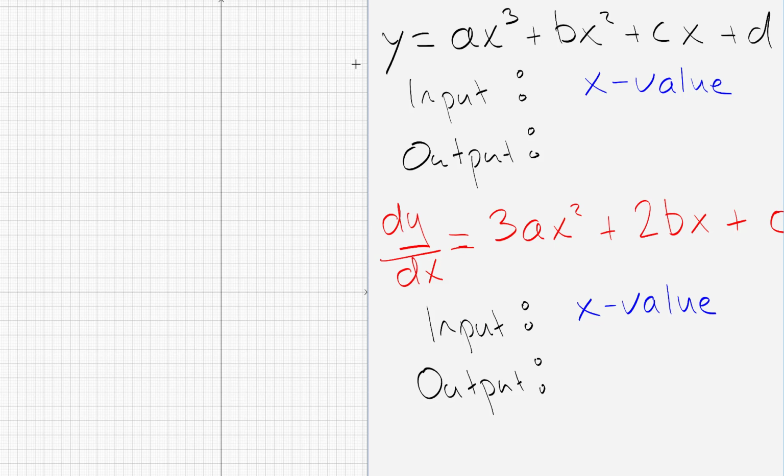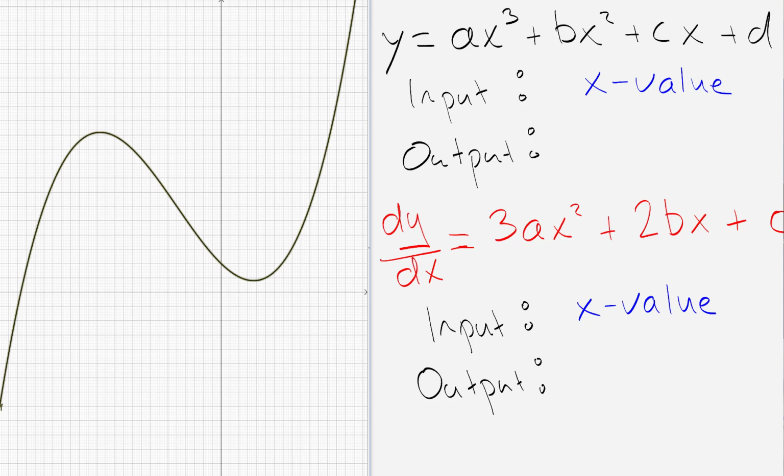So let's say we have some cubic function. Let's start off with a cubic function: y equals ax cubed plus bx squared plus cx plus d. So this describes any cubic function, and we have an example of our cubic function here on the left. So we know how functions work. You input the x value, so you can input any x value you like. So if you take a cubic function and you input any x value you want,